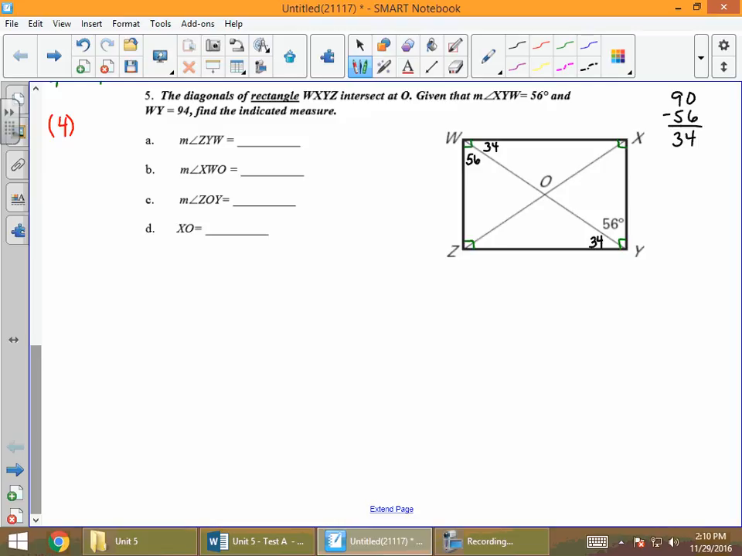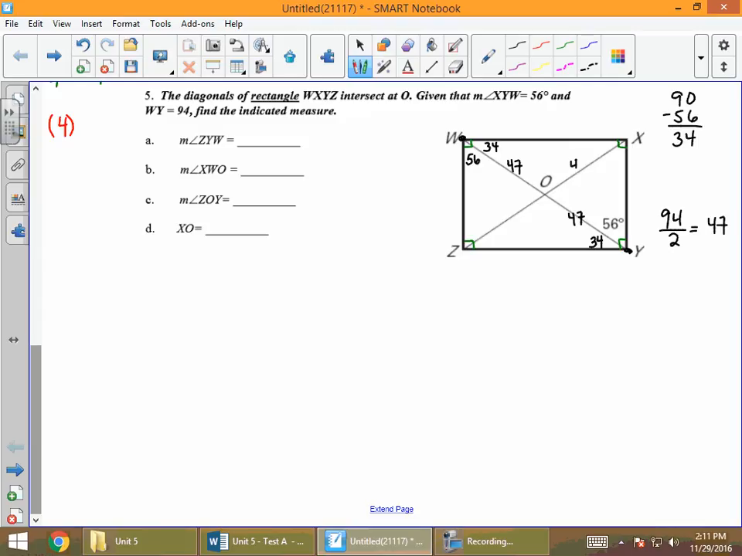Oh, and then I know that WY, the whole diagonal, is 94. So from W to Y is 94. I'll take half of that because the diagonals bisect each other. So 94 divided by 2 is going to be 47. So this piece here is 47,